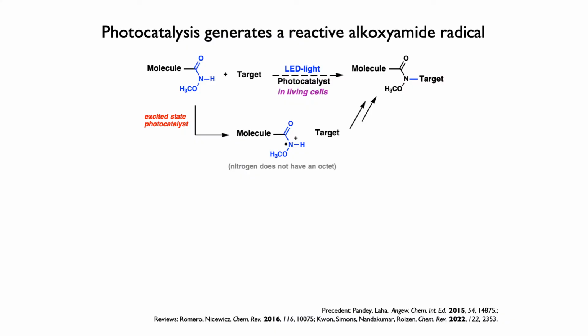So what happens in this reaction, mainly just to show the first step here, is that the photocatalyst reaches an excited state, which I'll talk a little bit more about what that is. It takes an electron off of the nitrogen of this alkoxyamide and generates a radical where we have, in other words, an unpaired electron on nitrogen and a positive charge. Similarly to what we saw with the carbene, nitrogen does not have an octet right now. It also has a positive charge. It doesn't really like that either. So it's going to react.